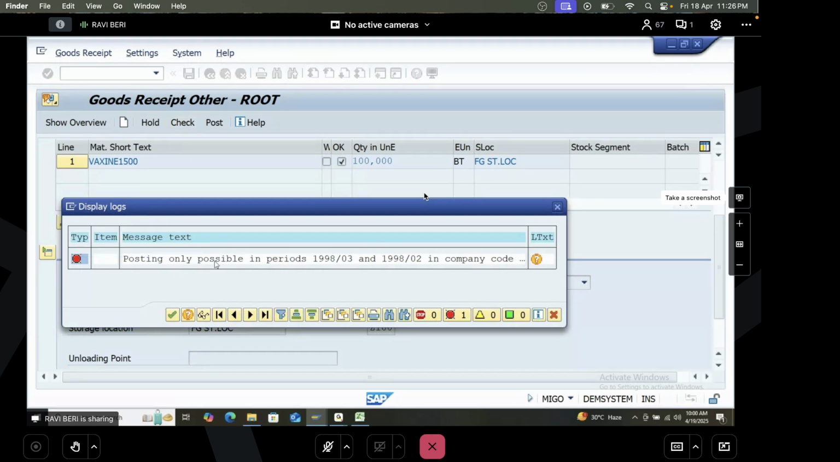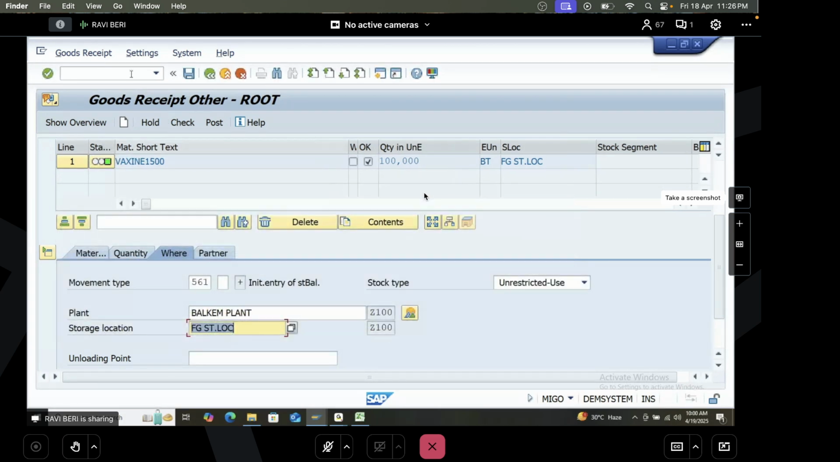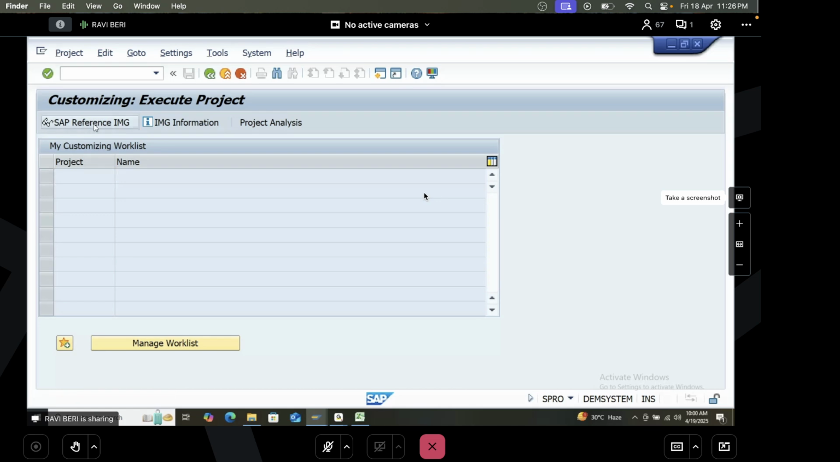Posting only possible in periods 1998, 03. Okay. It is showing the year 1998. So we cannot do MMPV for these many periods. So shortcut: delete company code plant assignment. I'll delete company code plant assignment,